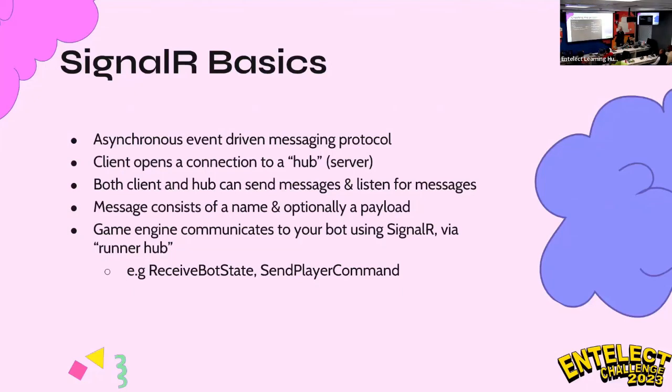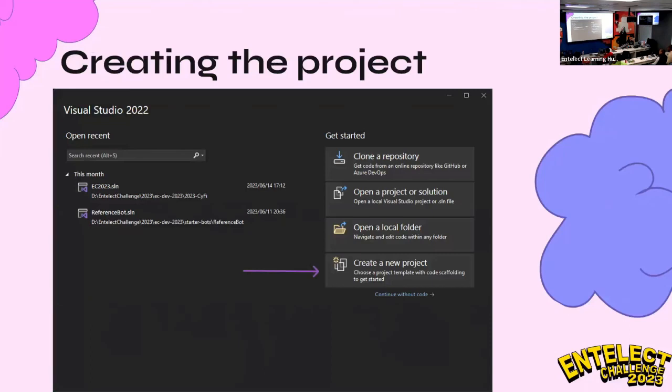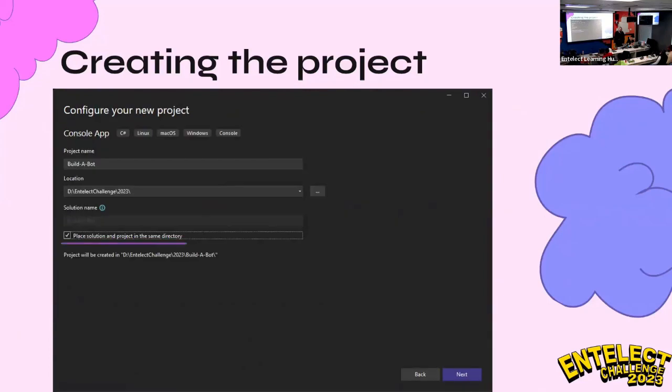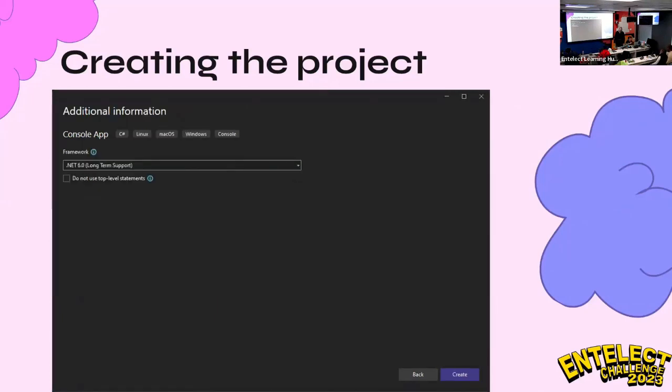So we are going to start our project. We basically open Visual Studio 2022, click the Create New Project button. So we selected C# from the language dropdown, and from the project type dropdown, we selected a console app. Then select the name and a path. We opted to have the solution and project in the same directory. But if you foresee yourself having multiple projects within your solution, feel free to leave that out. Then we're using .NET 6, but anything is fine. Maybe not .NET 4, but